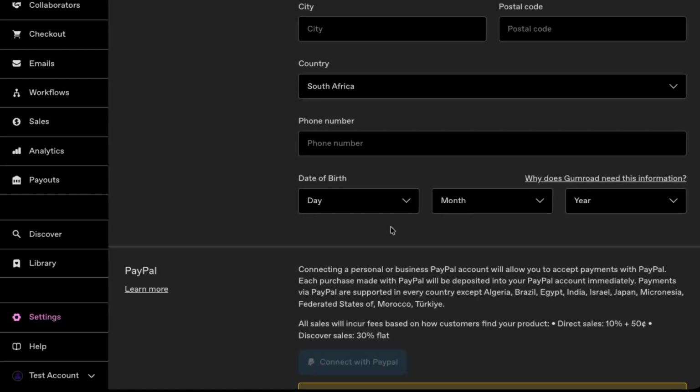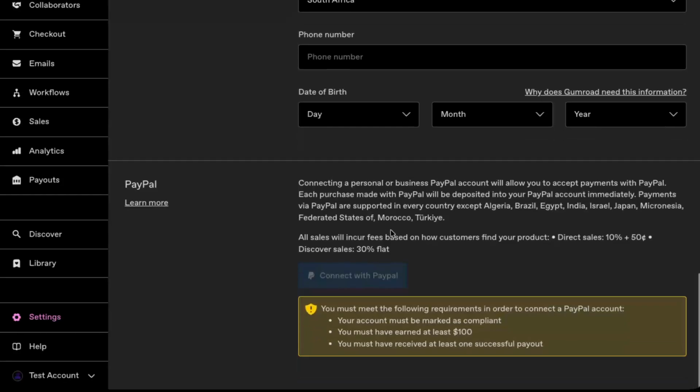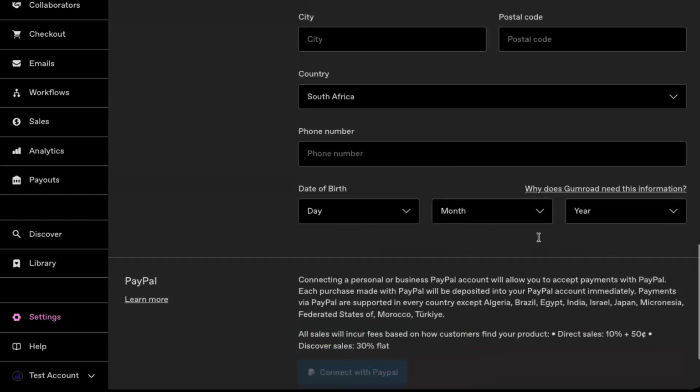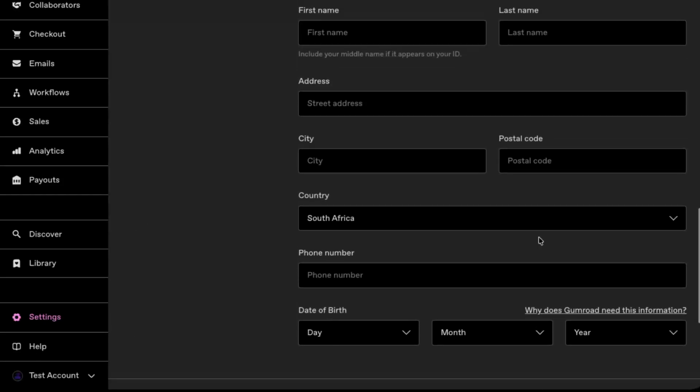Once all of those details are entered and saved, Gumroad will recognize that your bank payout method is properly set up. At this point, you should now see the option to connect to Payoneer or other alternative payment methods. From there, you can follow the on-screen prompts to link your Payoneer account and start receiving